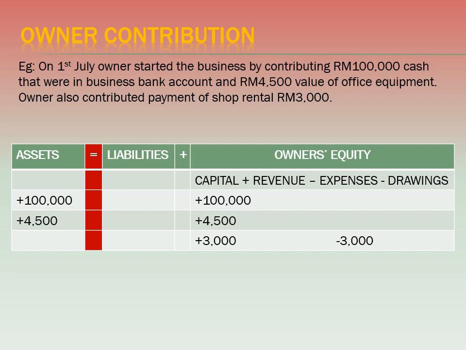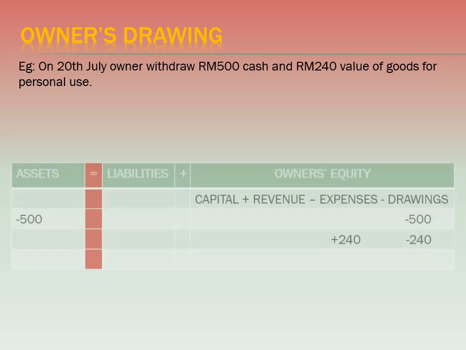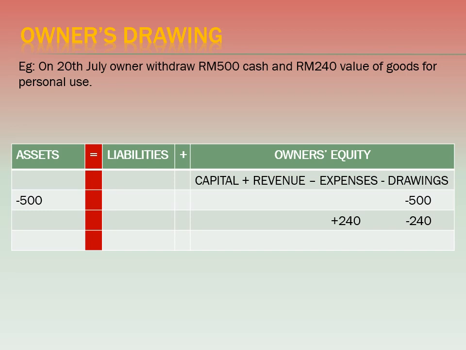Next example is owner's drawing, where the owner withdrew assets for personal use. For example, the transaction on the 20th of July: the owner withdrew 500 ringgit of cash and 240 ringgit value of goods for personal use. So your transactions or effects